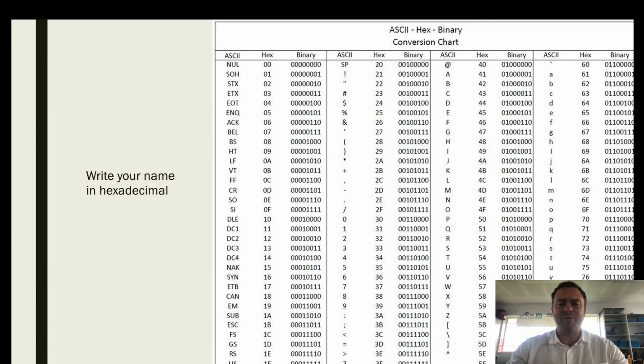Awesome. So what you should have found for me is Steve. So I'm going to go across here. So 53, 54, 45, 56, and then 45. Or you could write the whole binary number instead of strings afterwards, which then would give you